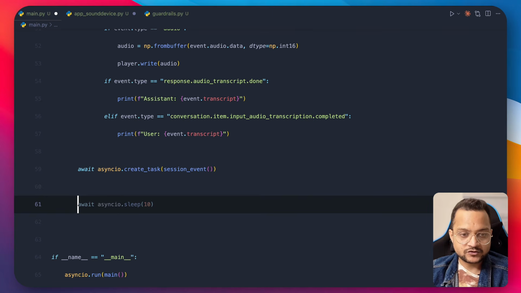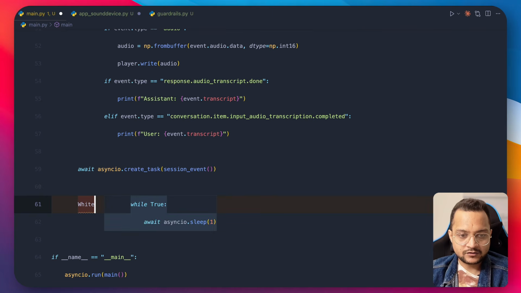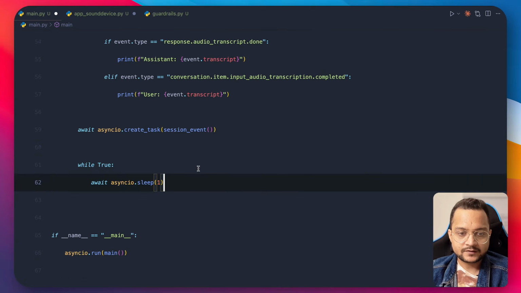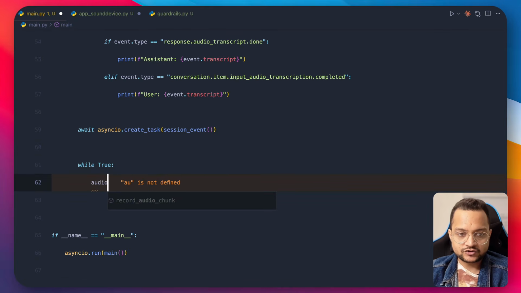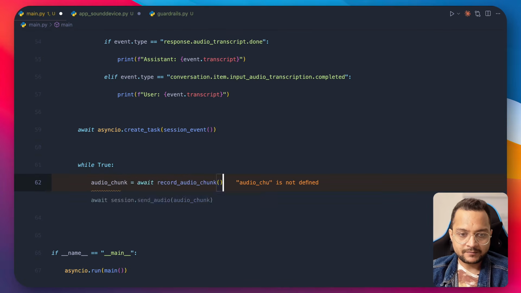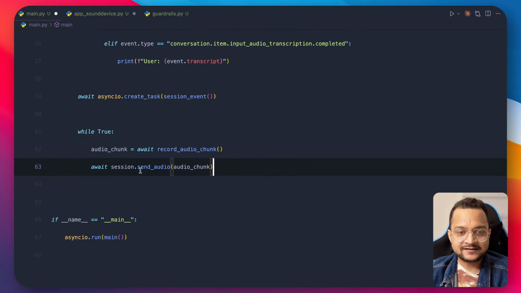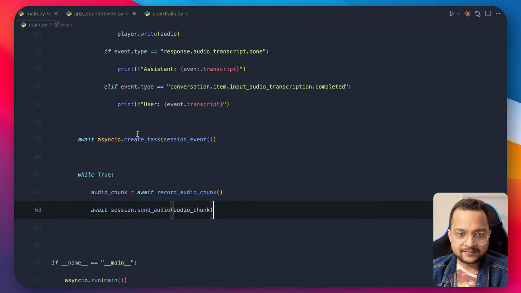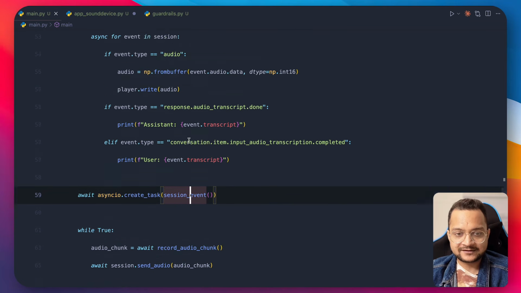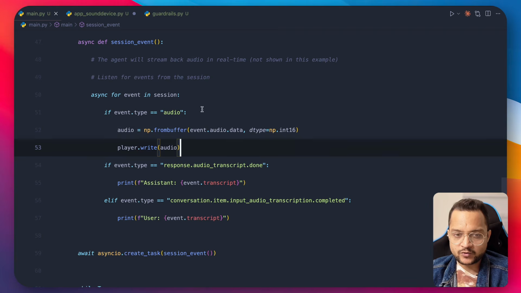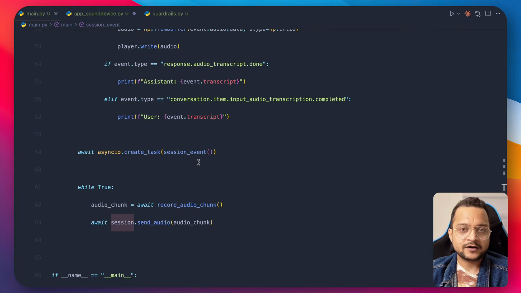Now what we do is we say while true, we can get the audio chunk by having this audio record chunk and then send the audio chunk to this session. Since this is looping, every time this loop will actually call this session event, which outputs the response from our